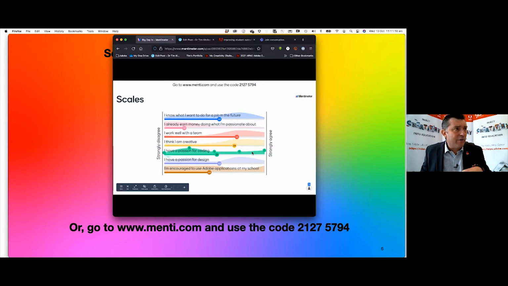Coding. Right across the board there, we've got people from strongly disagree to strongly agree, and coding's great, but it's not essential in terms of the IT industry. A lot of people think if I'm going to work in the IT industry, I need to know about coding. Well, it's good to know about it, and it's good to be aware of it, and it's good to have those skills.